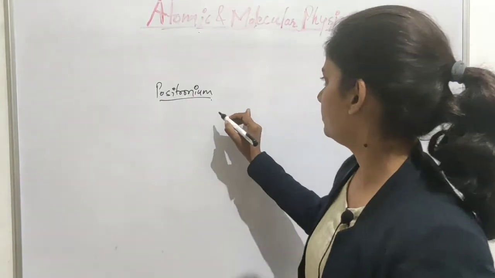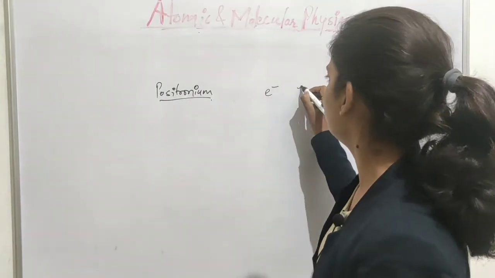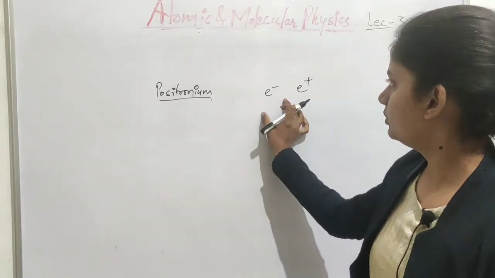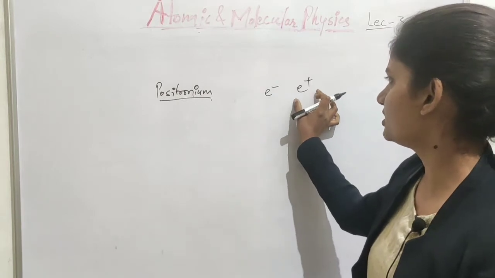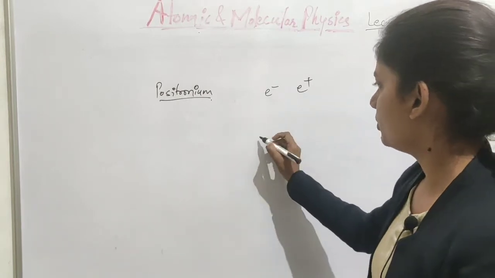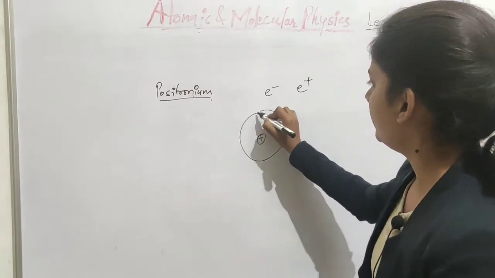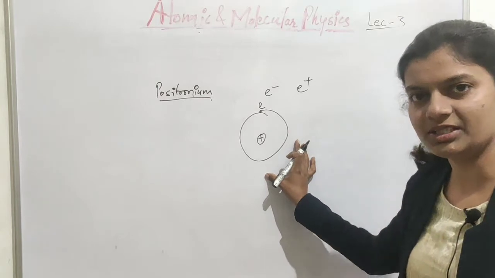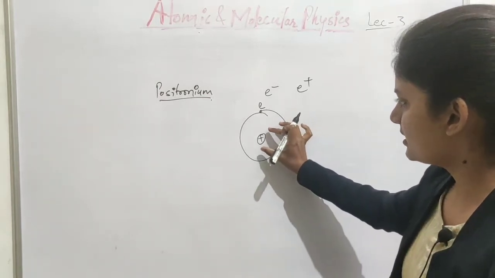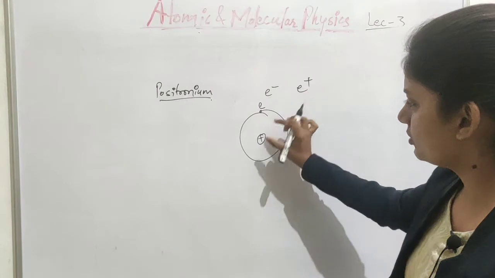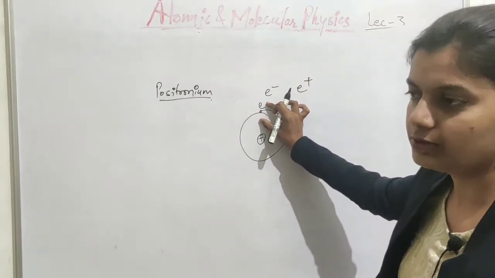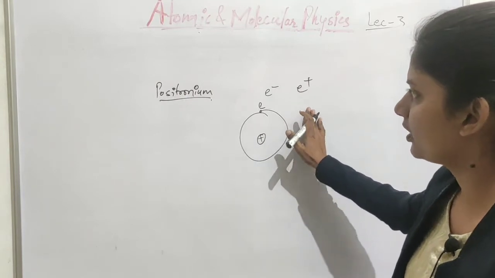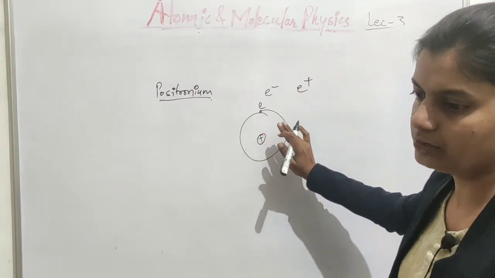A positron is the antiparticle of the electron. The antiparticle of the electron has the same mass but different charge. This system consists of a positron and an electron, with the positron at the place of the nucleus and the electron revolving around it. This configuration is termed positronium. In this case, m1 will be the mass of electron and m2 will also be the mass of electron, so the reduced mass will come out at a different value than in the earlier case of hydrogen atom.